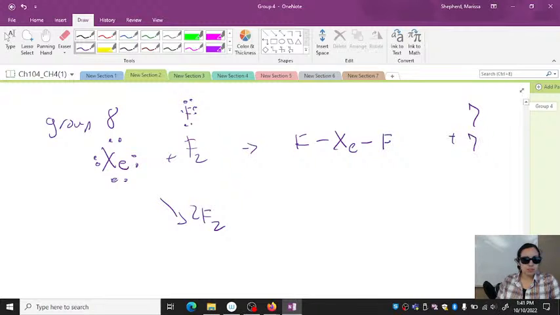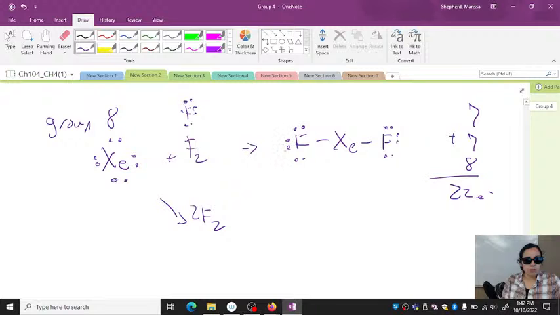So 7 plus 7 plus 8. So how many total electrons do you have in this system? Yeah, 22 electrons. And so then just start filling them in. So I would start with the fluorine since we know they're probably not going to go expanded. They don't tend to do that. So give it an octet. Now see where you're at.